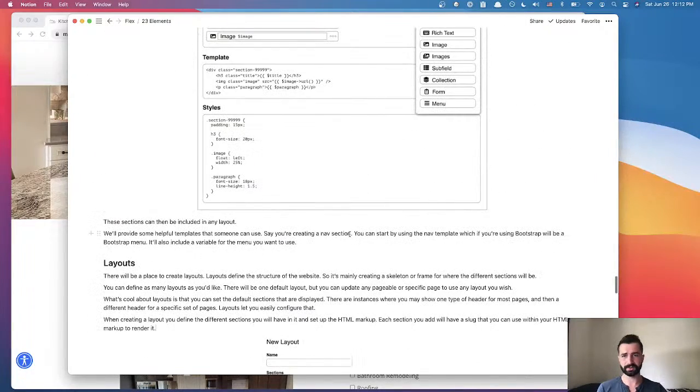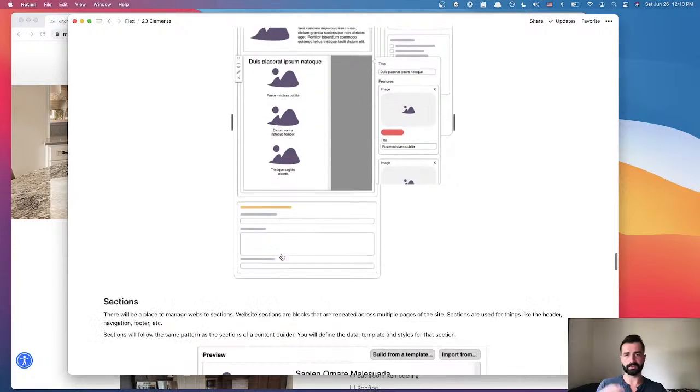And so those are the main building blocks. You have your layout. Once you create your layout, you have your sections. Sections allow you to use that content builder to create the section that you need by defining the data, the markup, and the styles. And then you build out your different collections. Once you've built out your collections, you can now display them on the front end. You can pull them into different pages and display them within the content. Yes, that's the main idea.